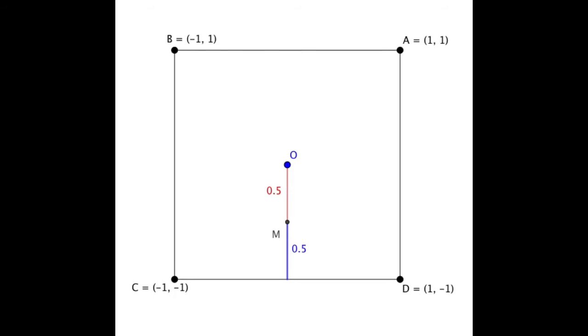And then let's start moving M in a way such that it's equidistant from O and CD. Notice that it's tracing out a parabolic shape, and it's of course hitting the midpoint of two other sides of the square,